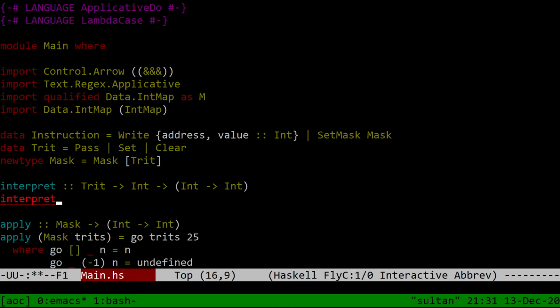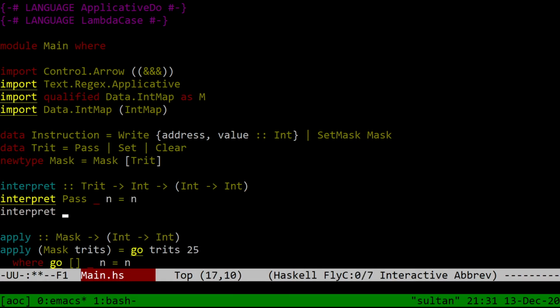Interpret of pass n equals n. Interpret of set. See, here's the thing. I think I want to do it in this way. No, because... I don't know, this is stupid. Put it back. Set of